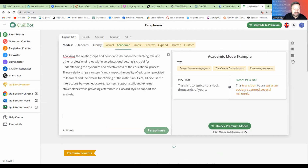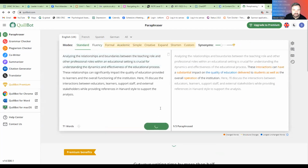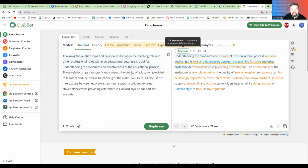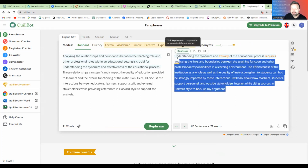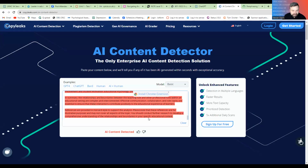Right. So we've got our AI texts. Okay. It's not going to let me do academic. Fine. We go to double page. So what we've done, we've now got AI to rewrite it for us. So that's now been rewritten. If we now go back to